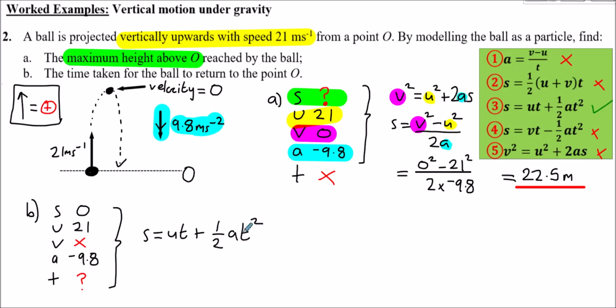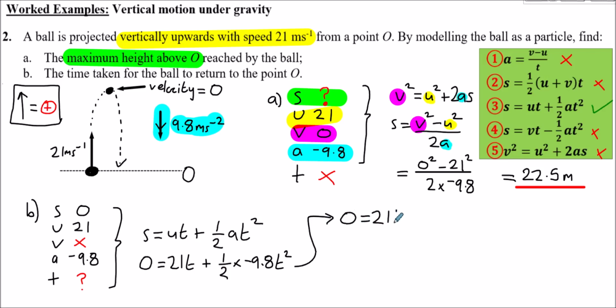So let's fill into this formula what we know. So s is 0. So ut is now going to be 21t because u is 21. And plus a half at squared. So in our case, a is minus 9.8. And t squared, I just leave as t squared. So let's just simplify this slightly. So 0 equals 21t. Now half times minus 9.8, that's minus 4.9